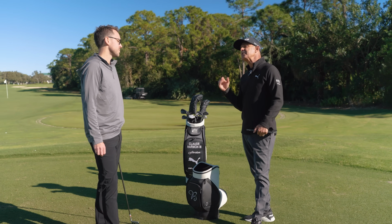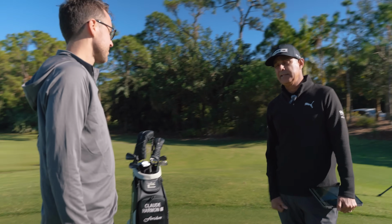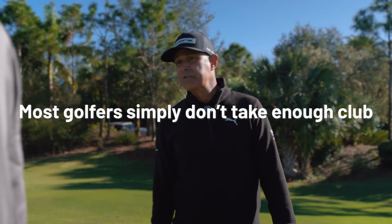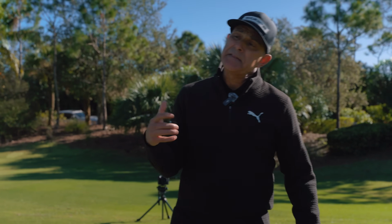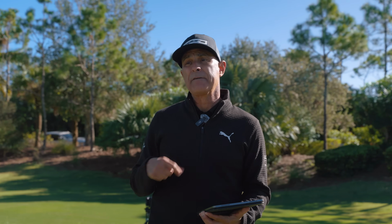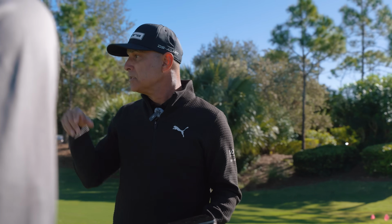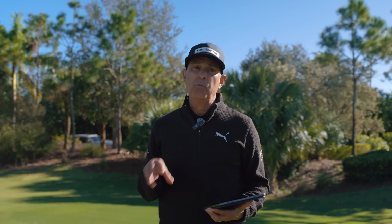over club, right? I think everybody that I teach at the average non-elite competitive level, they just don't take enough club, right? It's a cliche, but 8-iron, so this should allow you to say, okay, on the golf course, I've got whatever my 8-iron distance is, okay, it's a little bit into the breeze. I'm probably not gonna be able to jump on this and hit it solid, so let me go ahead and go up and go to the 7. I think that's really important, but 10 balls with each club will kind of give you a good gauge on